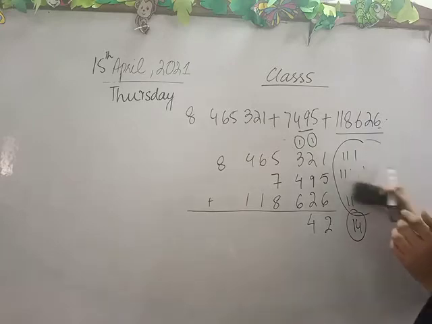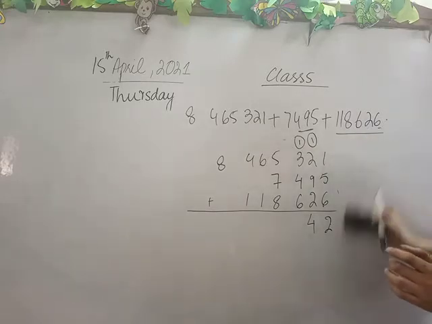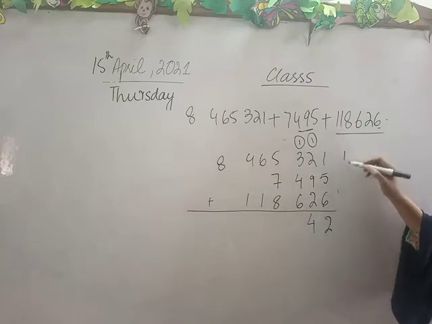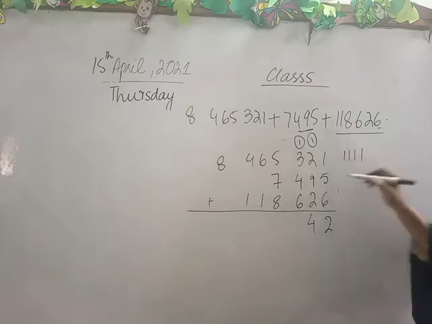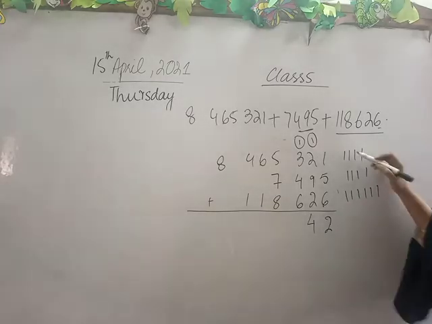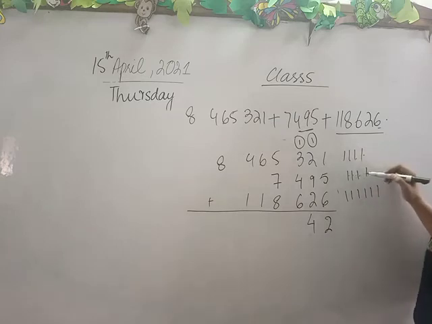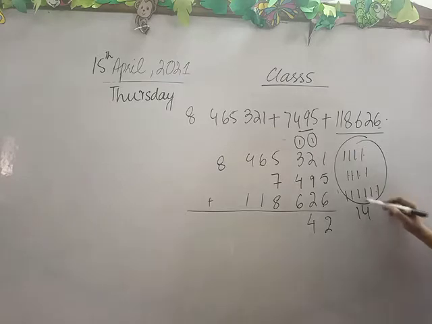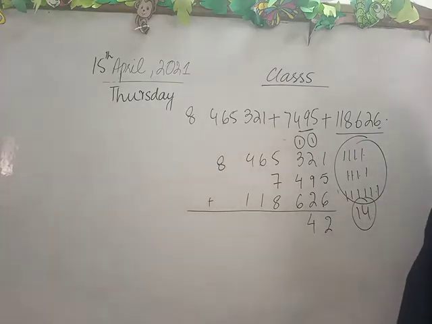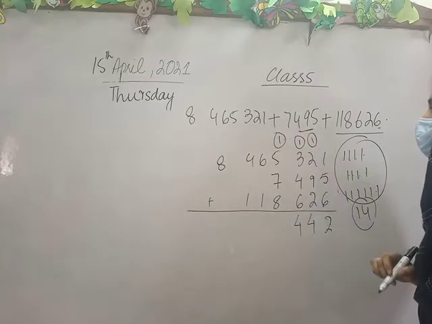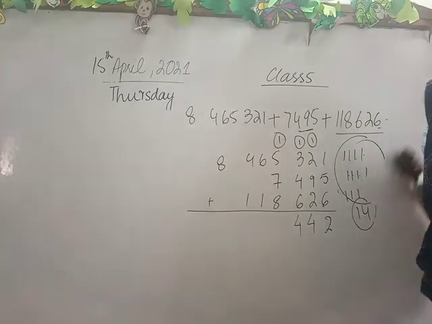Fine. Now the next number, which is 3 plus 1, which is 4 in total at upper place, 4 is at middle and 6 is at lower. 1 2 3 4 5 6 7 8 9 10 11 12 13 14. I have 14 again. Fine class. So this is a 2-digit number, so I will write 4 below 6 and 1 as a carry.